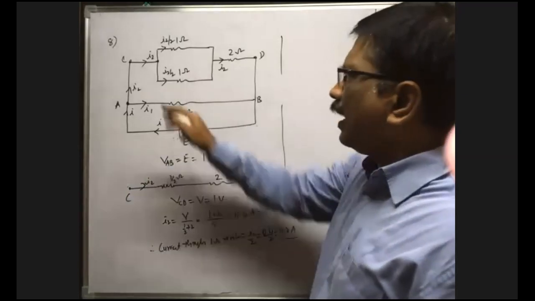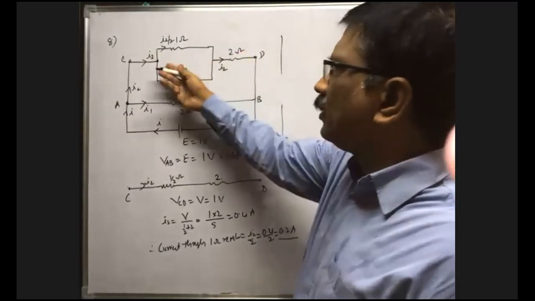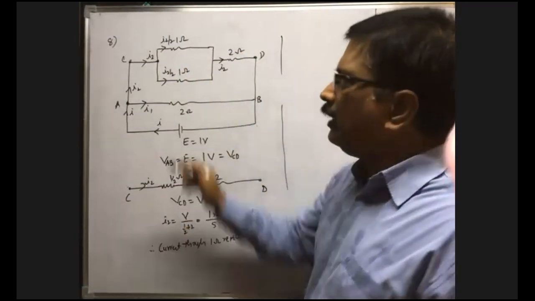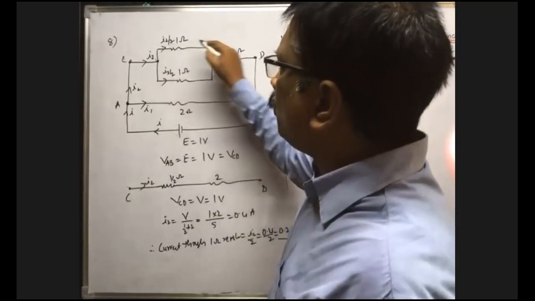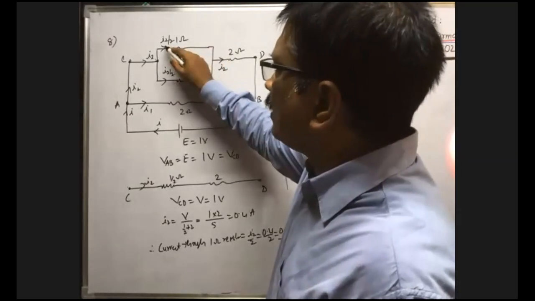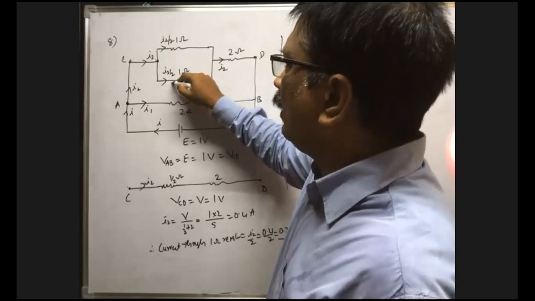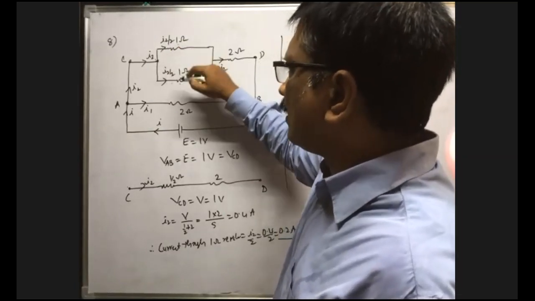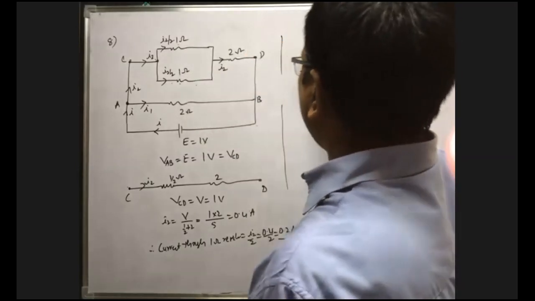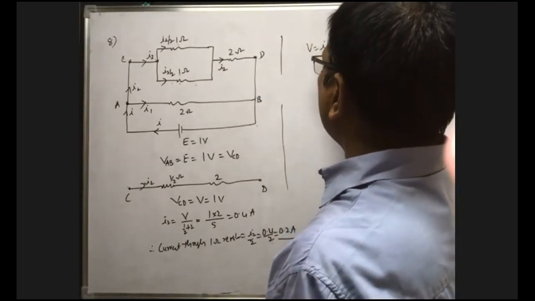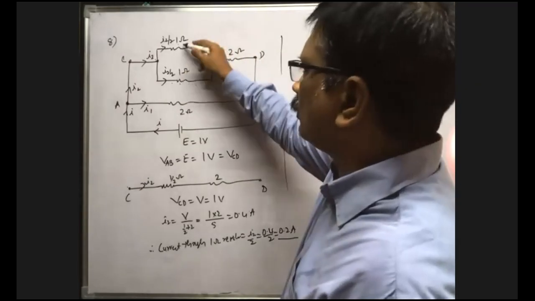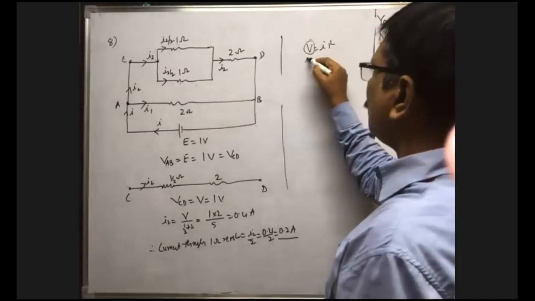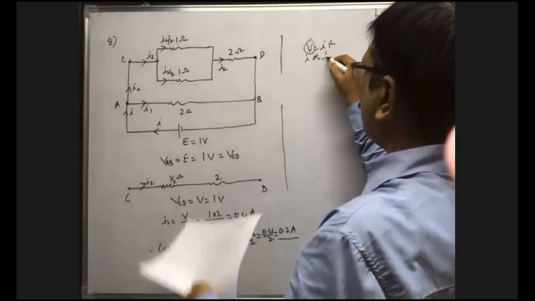Here you see the current through this series combination, you already get like this. Then that I2 current is divided into two parts. This is say I3 and this is say I4. As these two are in parallel, the potential difference across this resistance and this resistance are both the same, no? In such a case, V is equal to IR. In this formula, V is the same across these two because they are parallel.